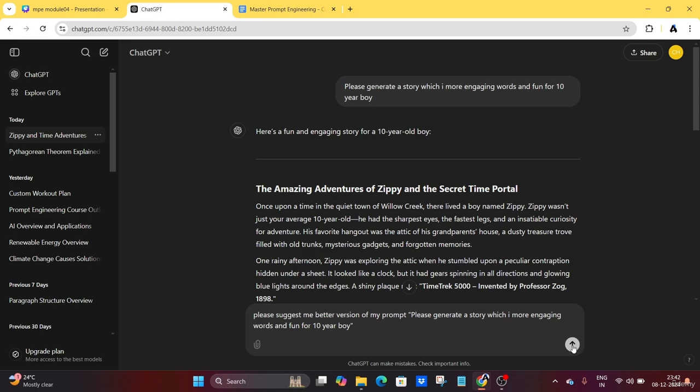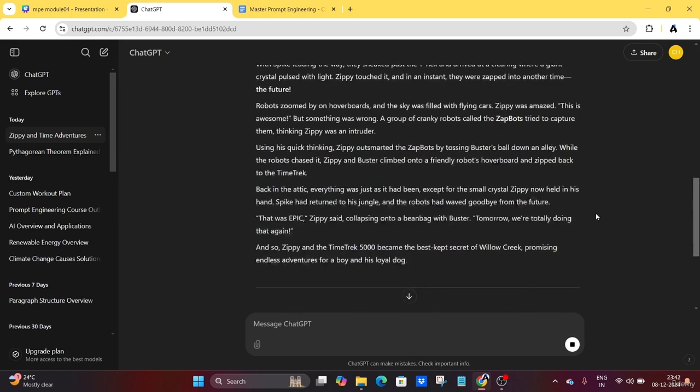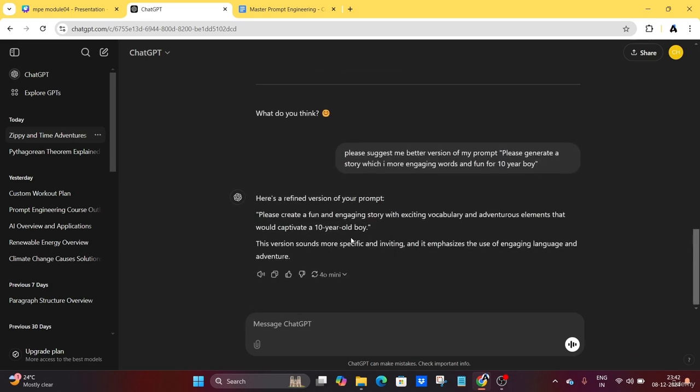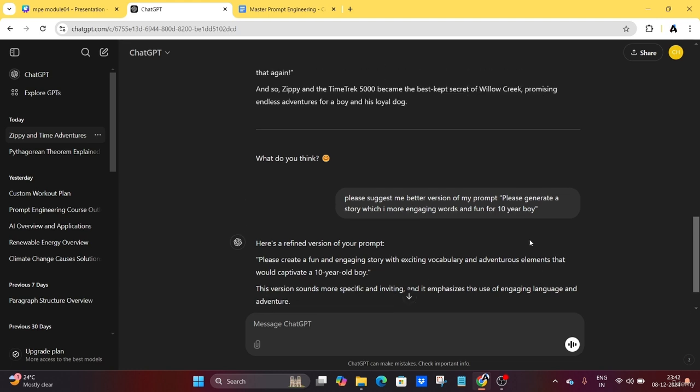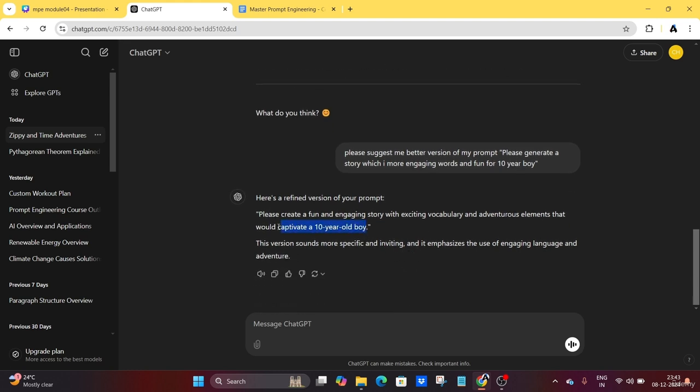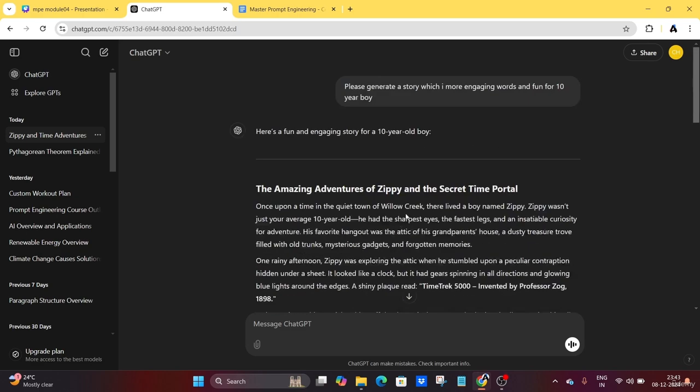It will generate some best versions of my prompt that I can use to interact with AI to get the most engaging story. You can see the better version compared to this: Please create a fun and engaging story with exciting vocabulary and adventurous elements that would captivate a 10-year-old boy. This version sounds more specific and inviting. So the AI suggested a prompt compared to this.